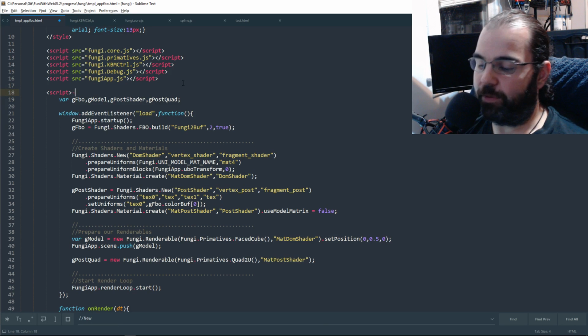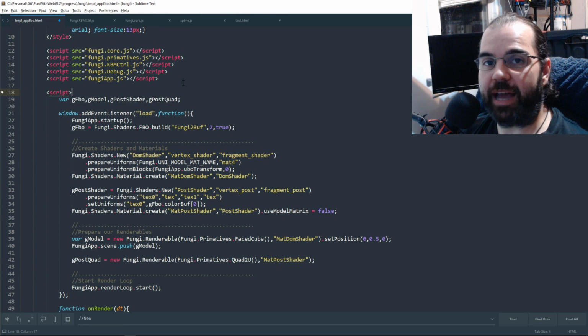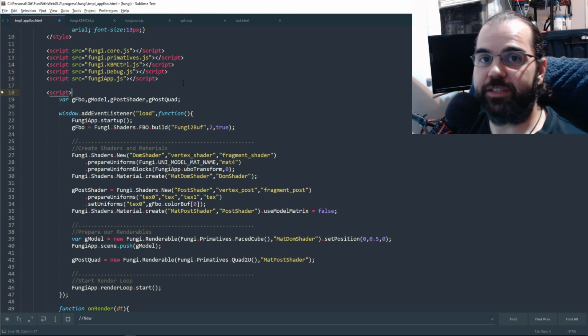Welcome back, everyone. Today we're going to begin our journey into drawing curves. There's nothing in WebGL that allows us to draw curves like Bezier curves, kind of like how HTML Canvas has that functionality. So we have to build it from scratch, just like with everything else with our Fungi engine. The first thing we're going to do is quickly go through some changes to